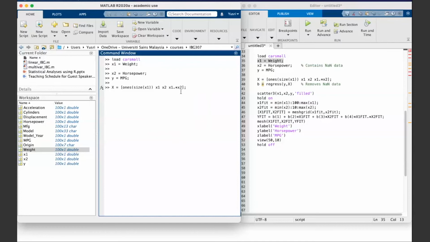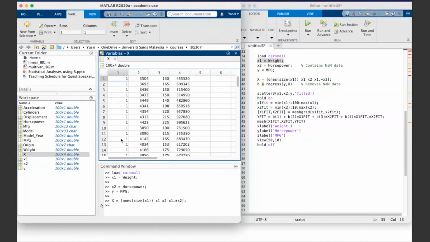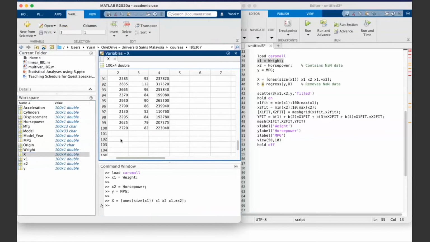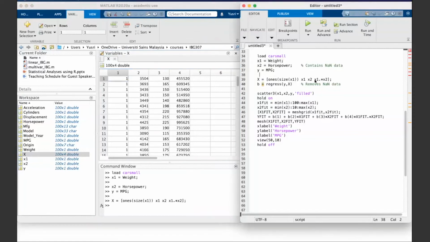Now, once I press enter, we get the new X value here, capital X. Let's see what's inside. In the first column, as expected, are the ones generated by that ones function. How many are there? We have 100 ones, because it follows the size of x1. Then number 2 is x1, which is the weight. Column 3 is the horsepower. The 4th column, we're not going to use it later, but